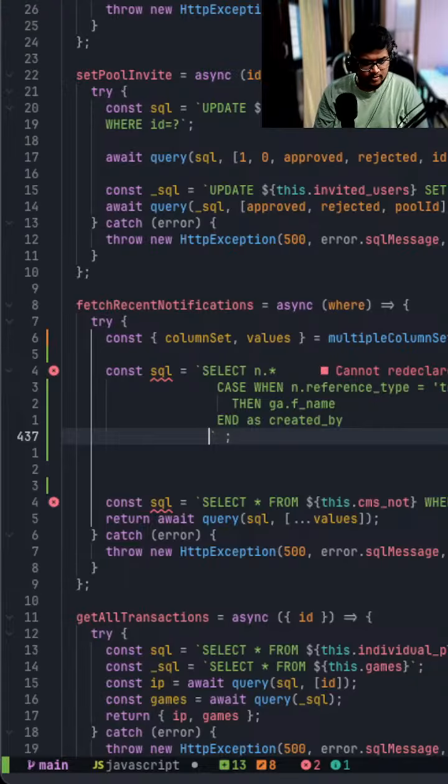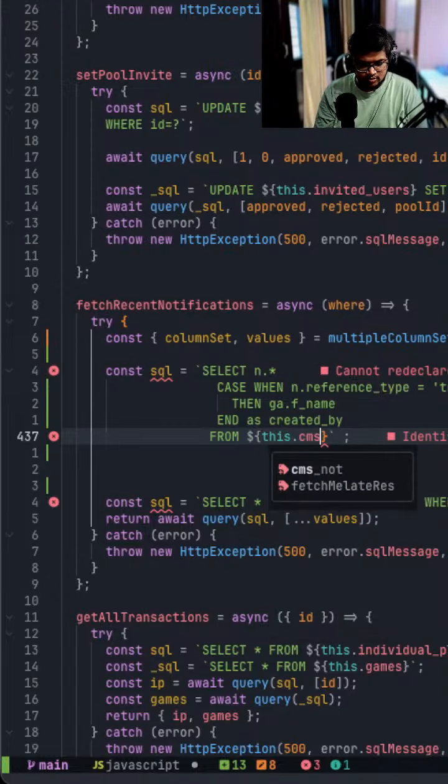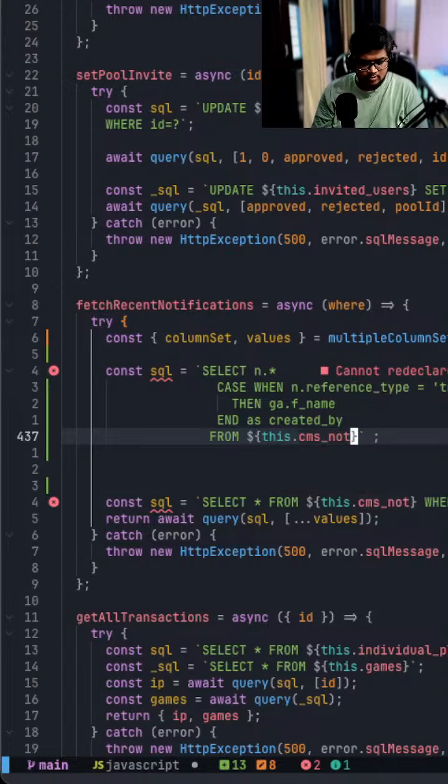I can say this dot node, like that. Now here I need to make a left join,